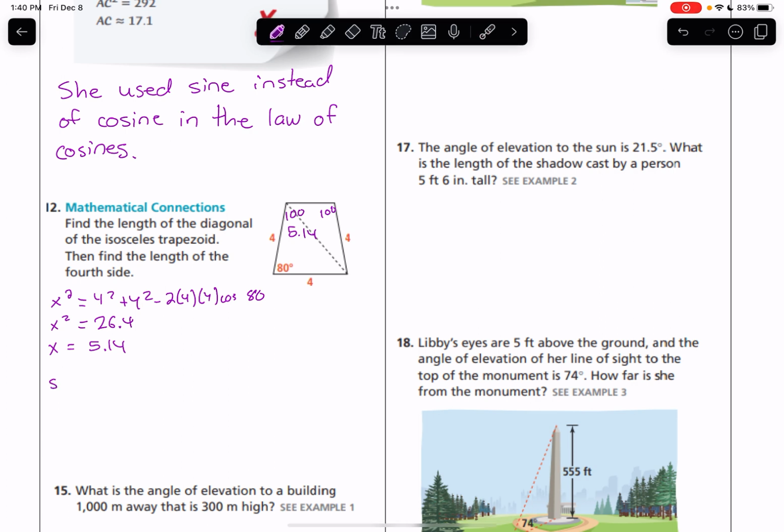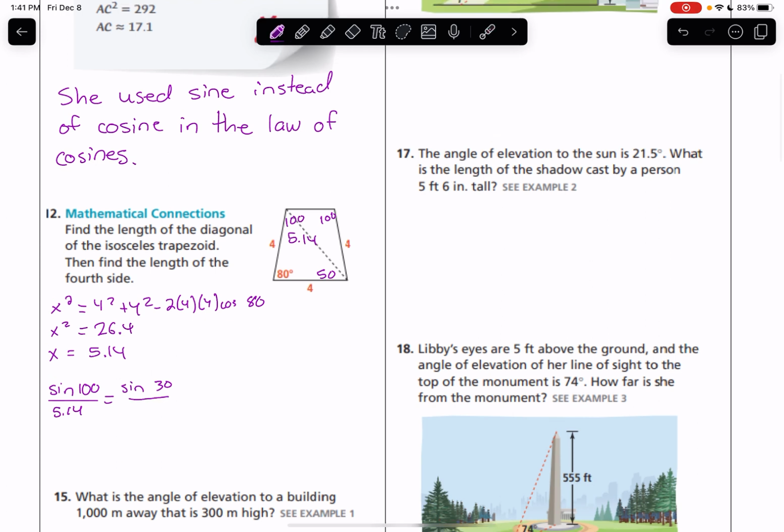So I can say that the sine of the angle I know, 100, over that opposite side, 5.14, is equal to the sine of 30, right? Because I also know down here that, since this is an isosceles triangle, this angle is going to be 50, okay? And so then I've got sine of 30, sorry, the 30 comes in because it's over here to make up 80, sine of 30 over